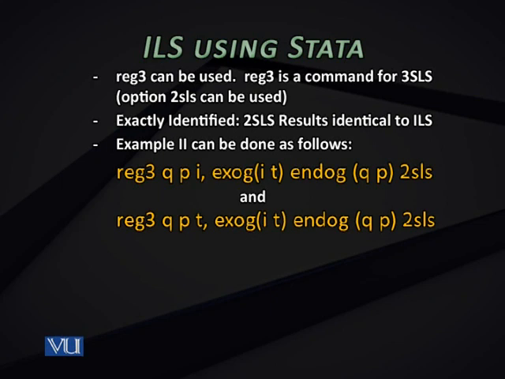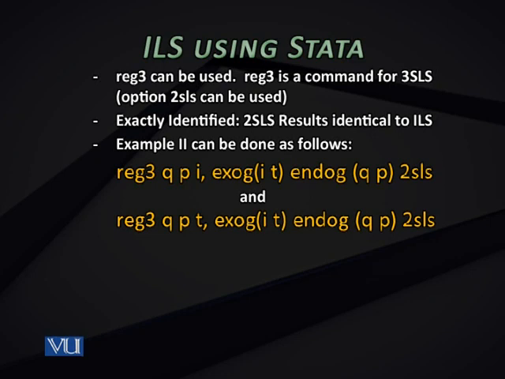So we say reg3 QPI as the first equation that we are going to estimate, but the comma shows that you are giving some options of this command reg3. So the first option, exog for exogenous, and in parentheses you have I and T. These are the exogenous variables of the entire model. And then you have an option endog for endogenous, and this gives Q and P. You are telling Stata that Q and P are the endogenous variables of the model. And after a space, you have an option 2SLS, which shows that you are instructing